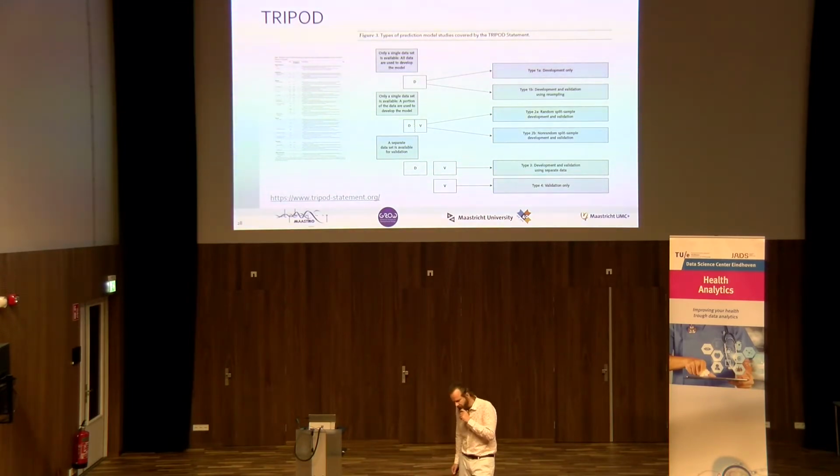Probably I reject about 90% of the papers in this field because they didn't do this well. And validation is crucial, crucial, crucial. I can't stress it enough. This is the TRIPOD statement, a statement of editors of high impact journals that says we want to end all this messiness of prediction model publishing. We're going to have a classification scheme on how well the validation was done.